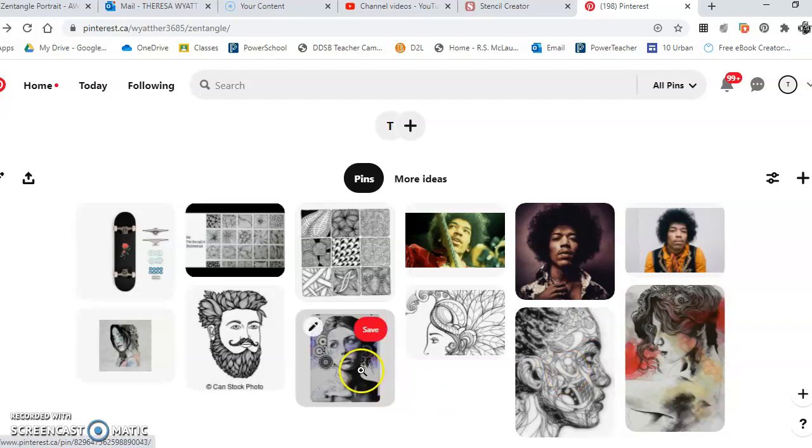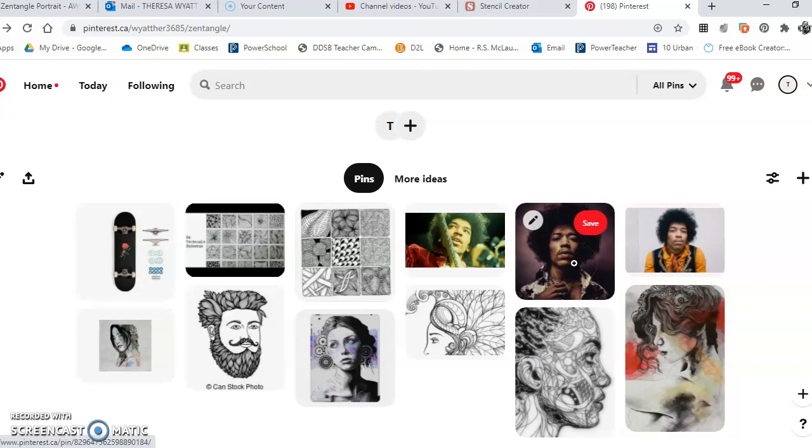Some of them were just a little bit of design. Some of them put the designs on the face. Some of them it's just all the hair. I even have some examples of different patterns, but for my portrait, somebody that I want to do is Jimi Hendrix. This whole quarantine I've been sort of into music, so I downloaded a couple images of Jimi